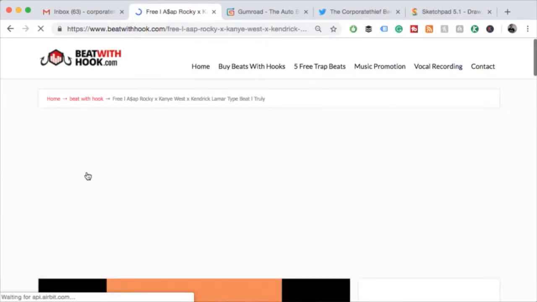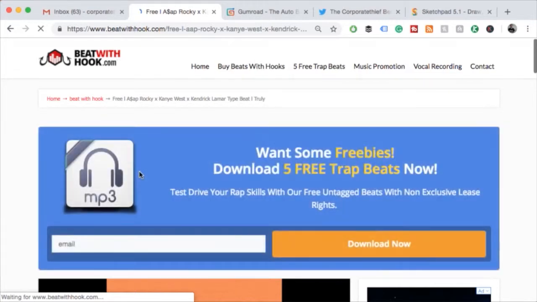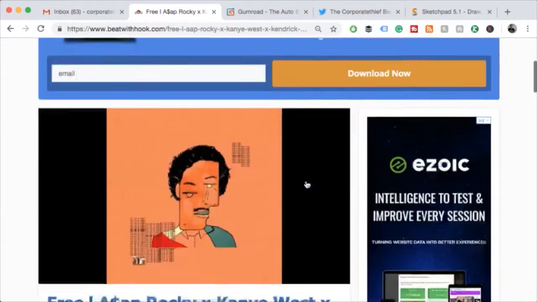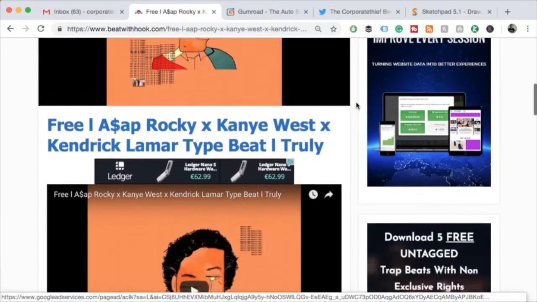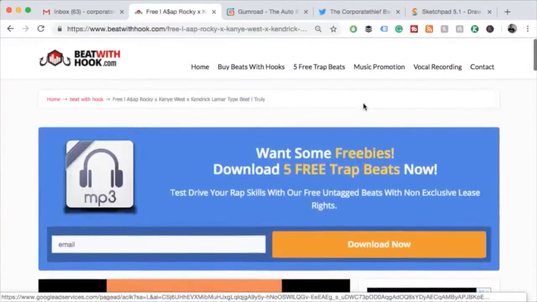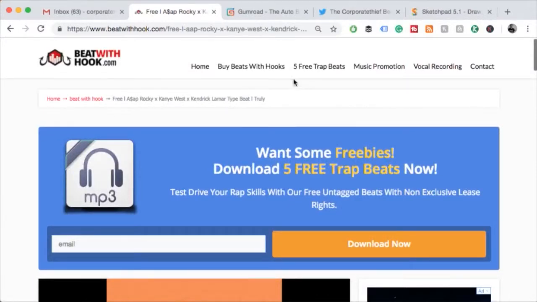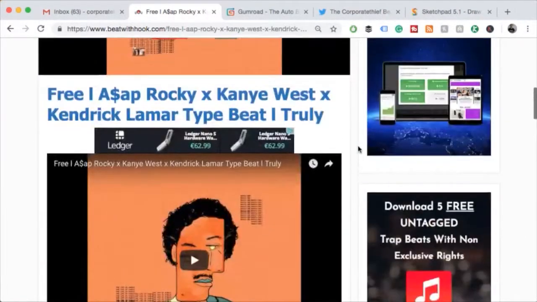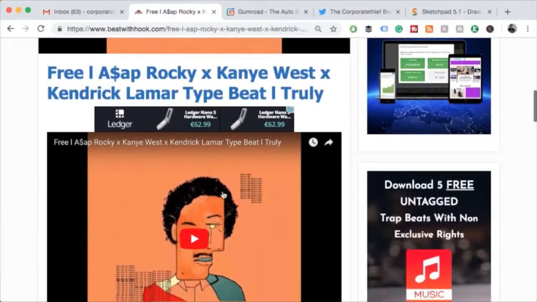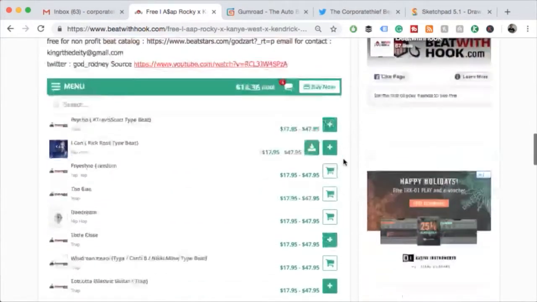Now, there's about 20 or 30 people signing up to this site every single day, and it gets roughly between 100 to 200 people. Maybe some days it'll peak and go up to 400 people a day, and this traffic is coming from Google, Bing, Pinterest, Twitter, every kind of sub-site. And the best thing about it is this site is getting aged, it's getting traffic, and Google loves this site because a lot of these beat makers don't actually put their beat making videos on their site. So you don't really need that much content.